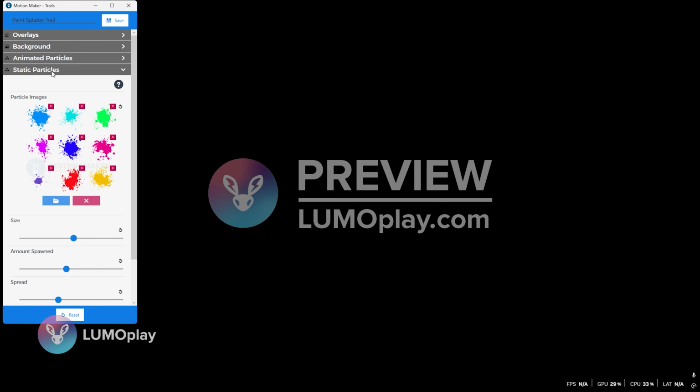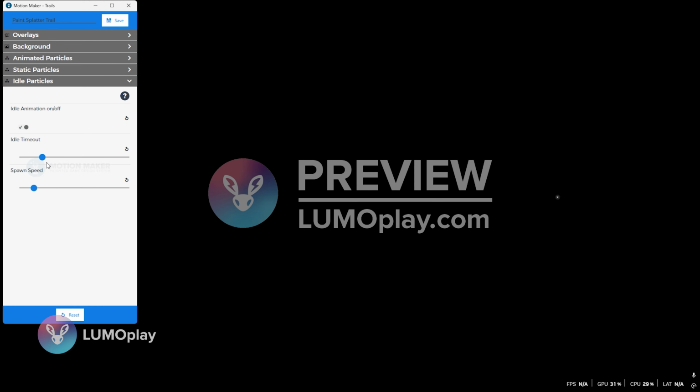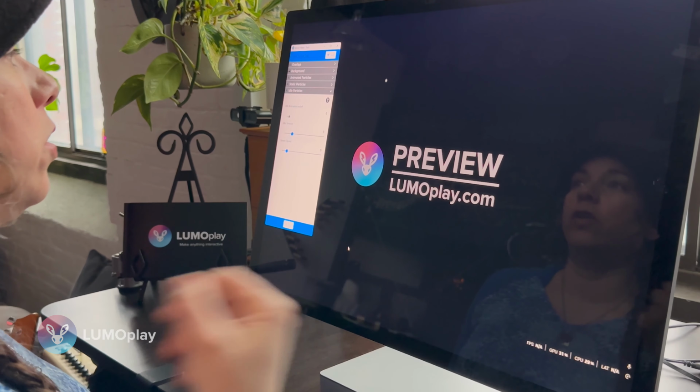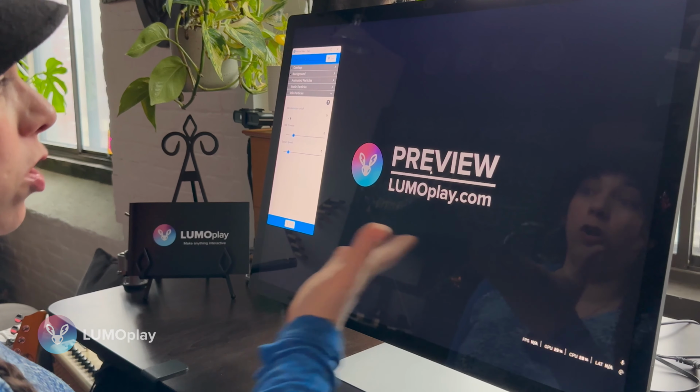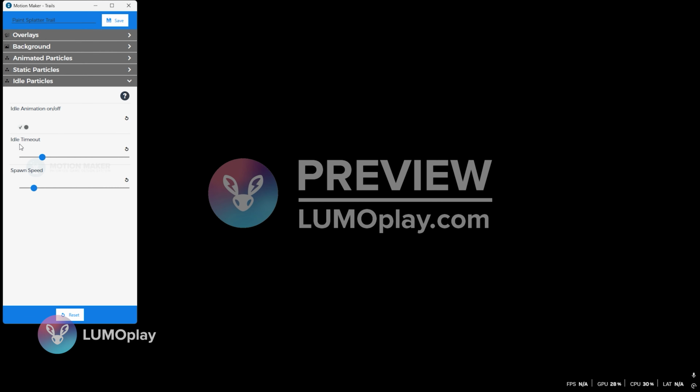And the last section of this template are the idle particles. Now, I don't generally change those, but if you wanted to have these idle particles show up more often or take longer to show up, these are the settings. If you want to turn them off entirely, there's an on-off toggle here. But I'm not changing that today. I'm just going to click save